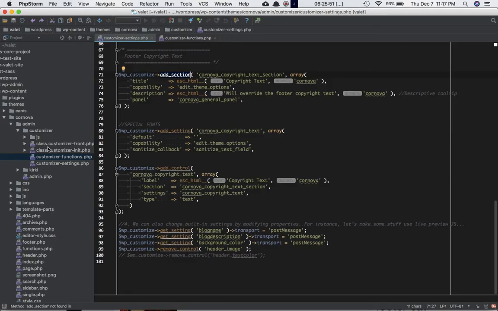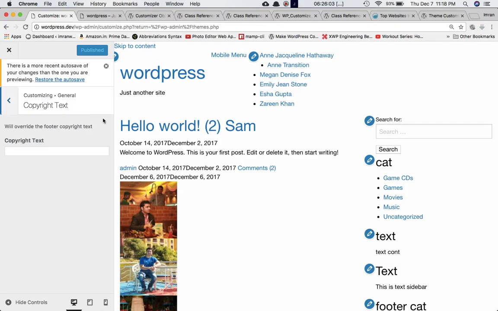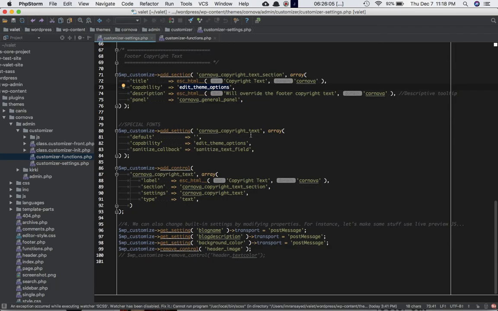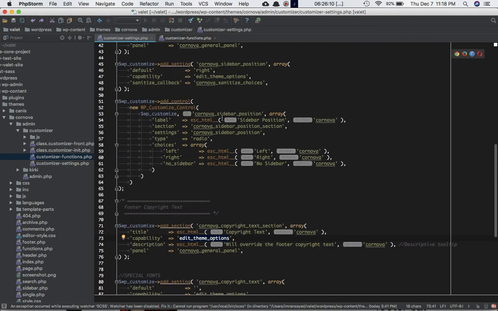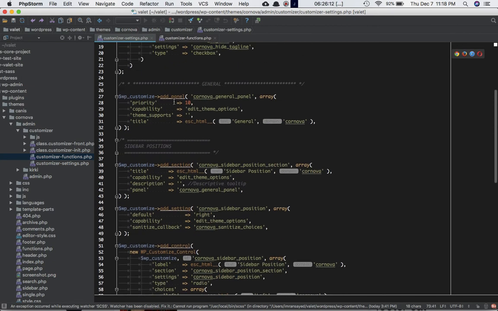And then add section is going to add all of these controls over here, using the ID Cornova copyright text section. Array of arguments, title is copyright text. Capability, edit theme options. Description: this description is coming from here. Panel is basically the ID of the panel that we have created. So we used the add panel function and we're passing this ID